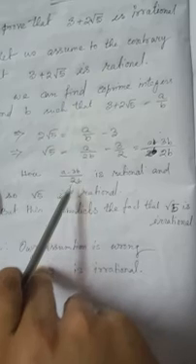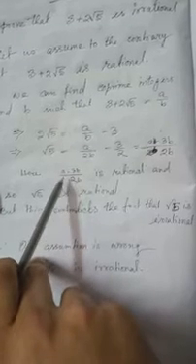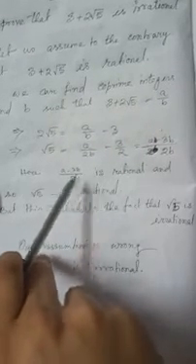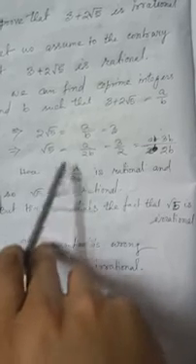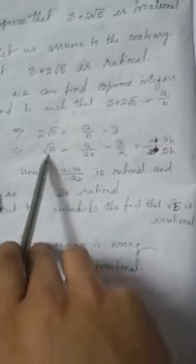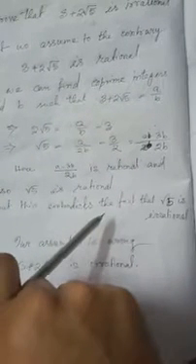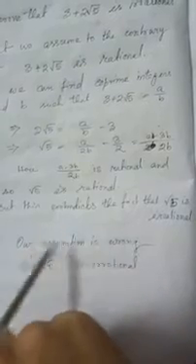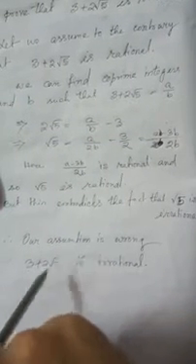a minus 3b by 2b, for any integers a and b, it will be a rational number. But then root 5 would also be a rational number, but that is not possible. This contradicts the fact that root 5 is irrational. Our assumption is wrong, so 3 plus 2 root 5 is irrational.